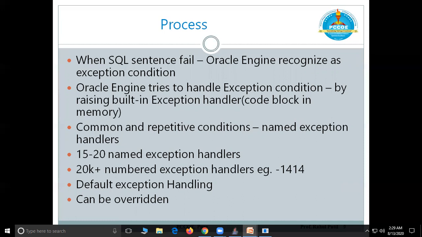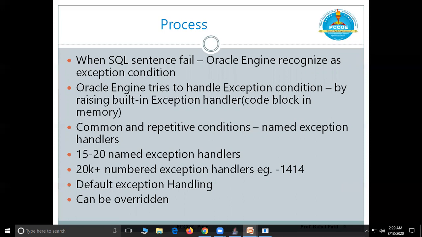What is the process? Whenever there is an error condition, for example, any SQL statement fails during execution, immediately Oracle Engine has to take a certain decision. So what is that decision? First of all, that error condition should be recognized by Oracle Engine.